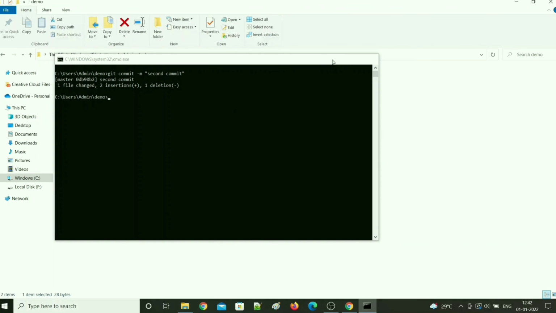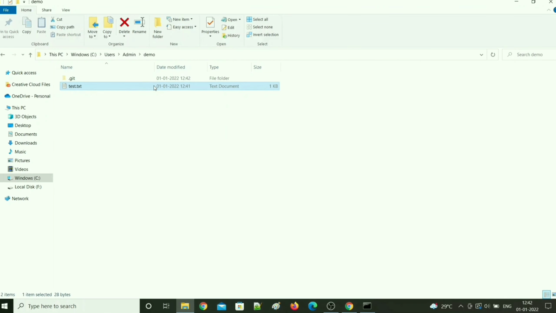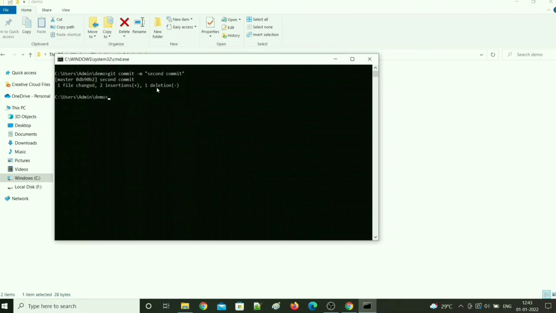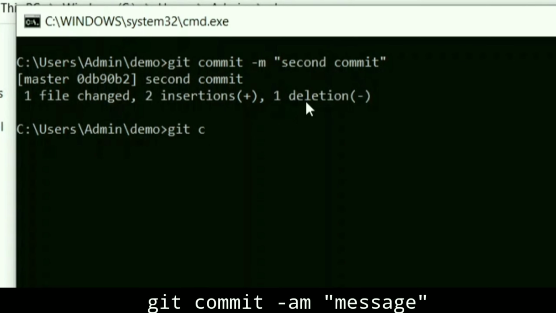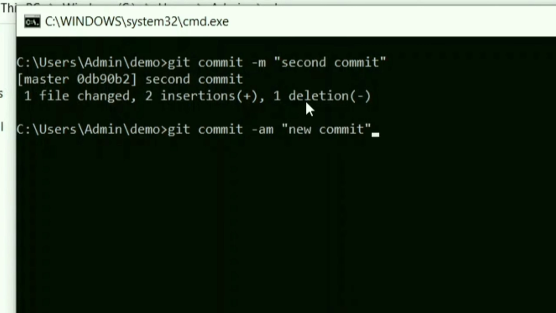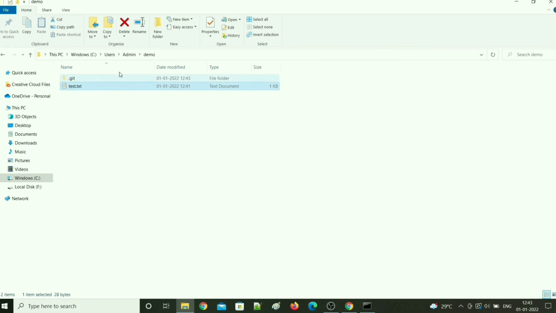Okay, here we only have a single text file so that we can easily add it and commit. What if you have to save all the files in your project? Now instead of adding all the files separately, you can simply type git commit -am and your message. It will automatically add all the files and commit the changes made. Till now, all the changes we made are saved locally in your computer.